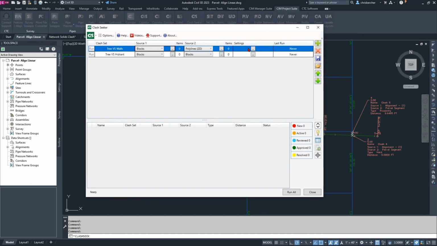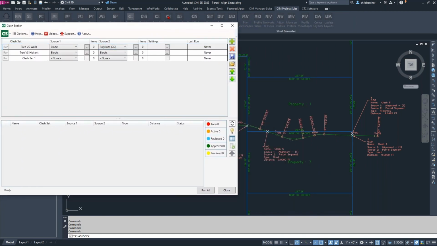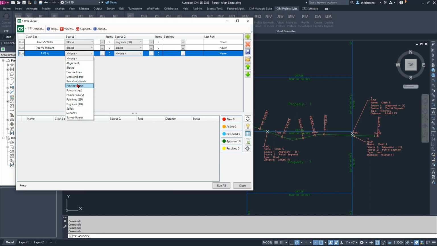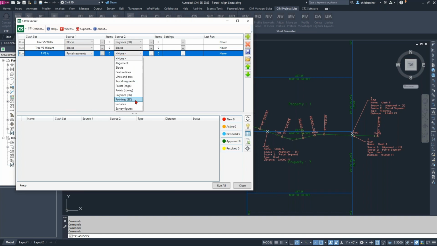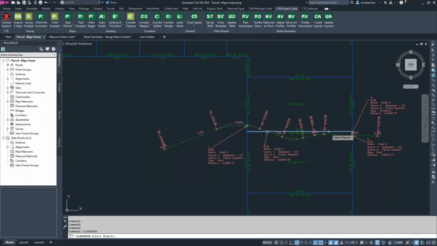So in this case, I don't have anything here. So I'm just going to go ahead and create another new clash. And these are parcels. And I believe that's my alignment. So I'm just going to do P versus A. We have the ability to do parcel segments and alignments against each other. So those are another set of scenarios that we can run against. And whether I select manually in the drawing and just pick that one object,